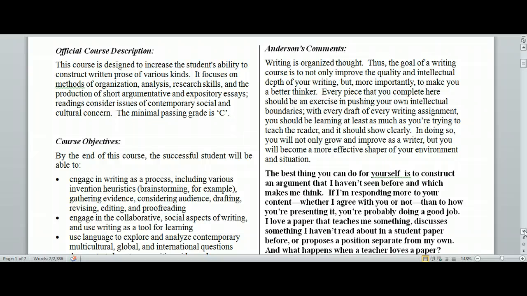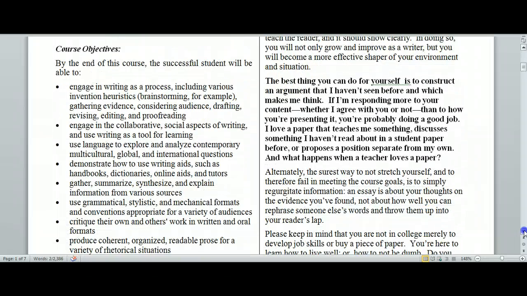Really what I think this course is about. And one of the things that you're going to see, probably no matter what course you take with me, is that there's going to be a focus on critical thinking. I want to make you a better thinker, because with any of the courses that you take with me, being a better thinker is going to enable you to function better in your life outside the classroom. And that's really what I want to have happen here. So you're probably going to see in those comments a heavy emphasis on critical thinking.